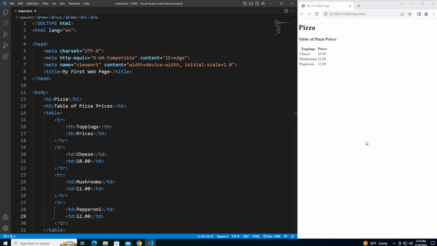There you have it. Congratulations, you've successfully created a table in HTML. This is just the beginning. Once you learn CSS and other advanced techniques, you'll be able to create more complex tables and even customize the